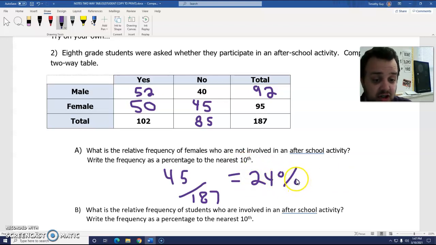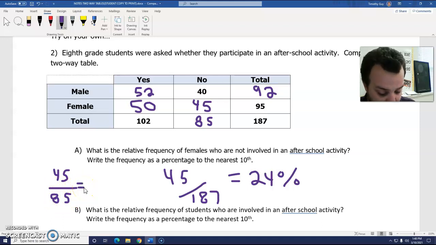Now, there can be some discussion, and sometimes this can be a little bit hard with relative frequency in terms of what they're really asking us. Okay? And you have to be kind of careful, because I read this as, hey, what is the relative frequency of females who are not involved in after-school activities? I took that as being the total number of people. But you could also read this as, hey, of girls, what percentage of them are not involved in any after-school activities? So then that would in fact be 45 over the 85 total, which will give us a very different percentage, because this is, hey, girls who don't participate in after-school activities, what percent of girls don't do that? Okay, and if I do that division, I'm going to get 53%,